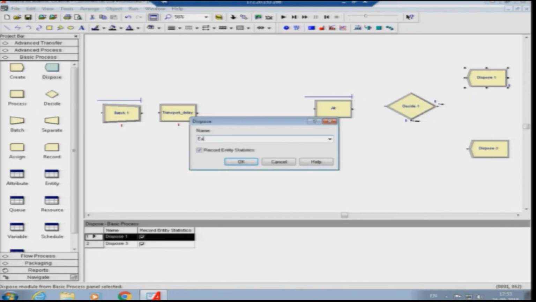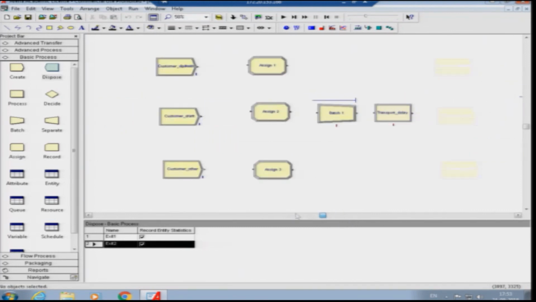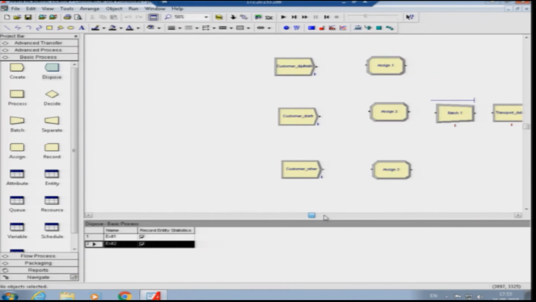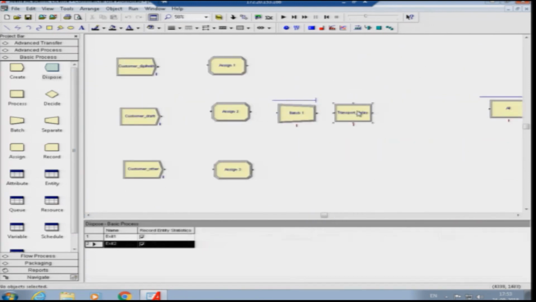We will give the names as exit 1 and exit 2. Now, we will join these nodes again.